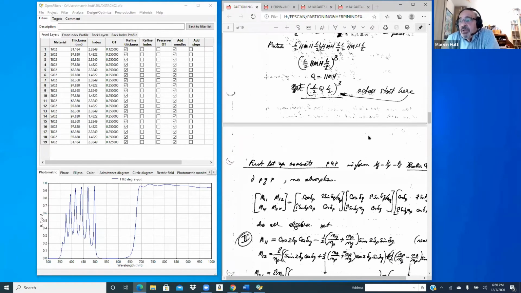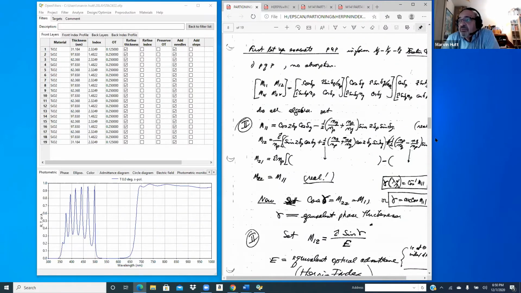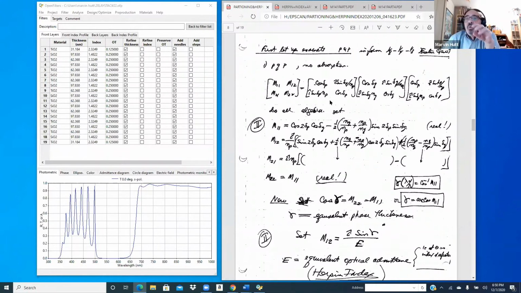All right. Now we can go through this process of evaluating it, all right? But I would tell you, we know what we should do, and with the optimization business here in OpenFilters or the other programs, we use it to clean up the generalizations that we put through, all right? So here we have the straightforward multiplications of the 2 symmetrical layers, the symmetry here, and the middle layer, all right? And we do the algebra, and we end up with